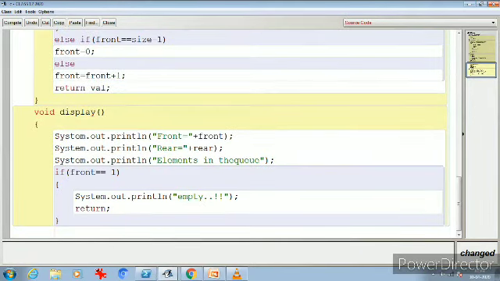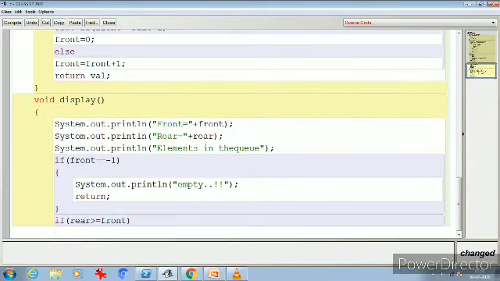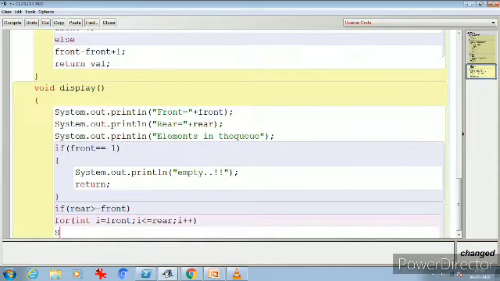Now if there are elements and if my rear position is still greater than or equal to the front, then I'm going to write the for loop, which will start from the front and go till the position of rear in the form of i plus plus, and we are going to print the array.